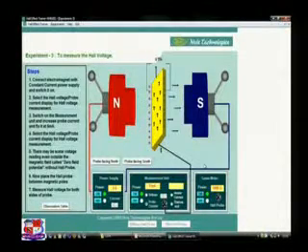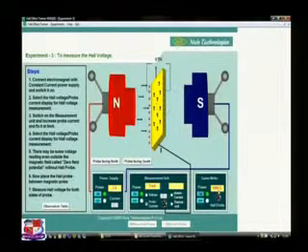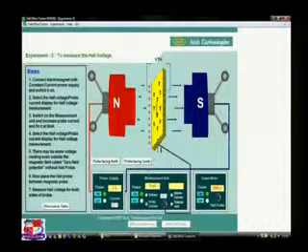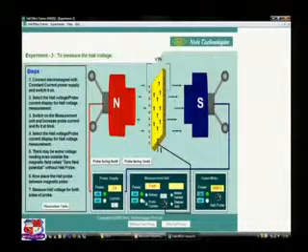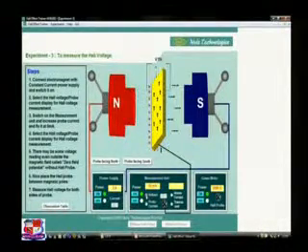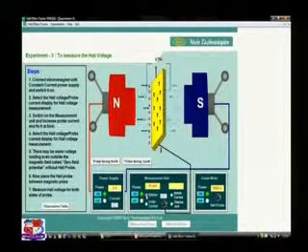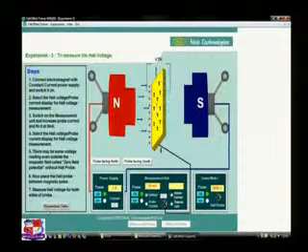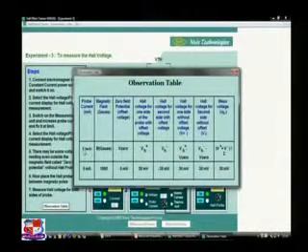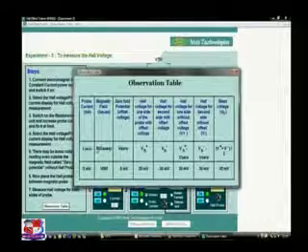What will the Gauss meter say? The Gauss meter reading will say that it is 1000 Gauss. Okay, so this is the setup that we are ready with. Now what is the Hall voltage? We can just toggle the key and we can see that 25 millivolt is the value of the Hall voltage that is generated. So, the observation table: probe current, magnetic field.